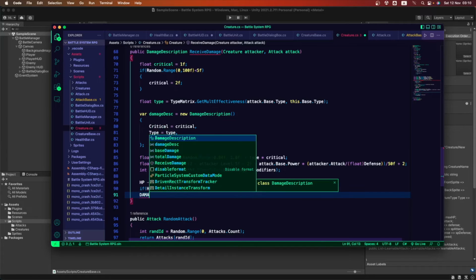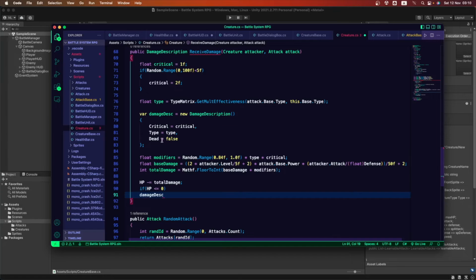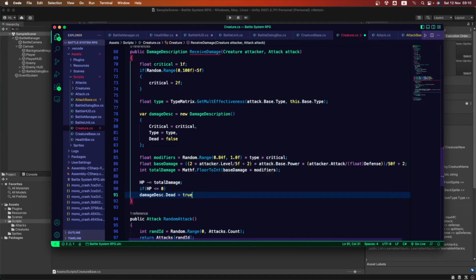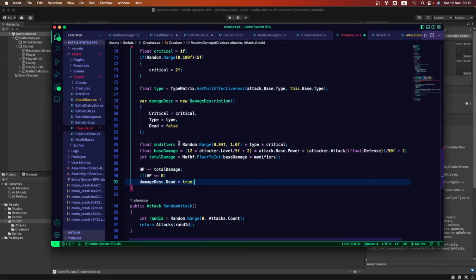Damage, remember the variable we just created here, the one of class damage description. Remember this was false here. We want to set the damage dead equal to true if it is equal to or less than 0.